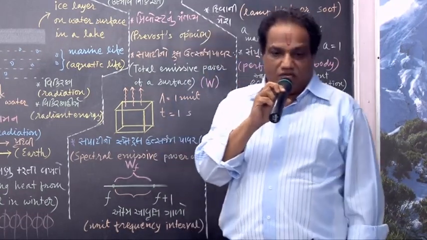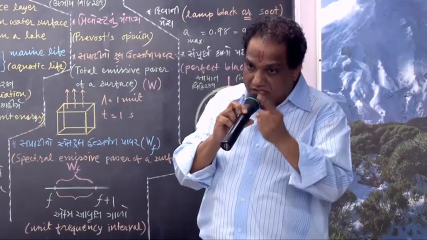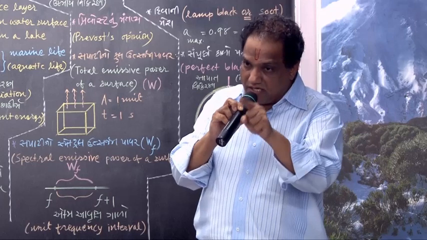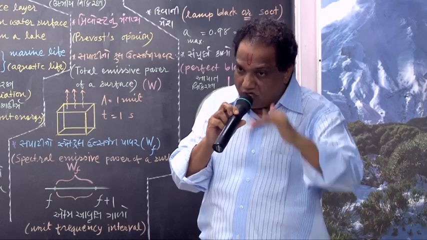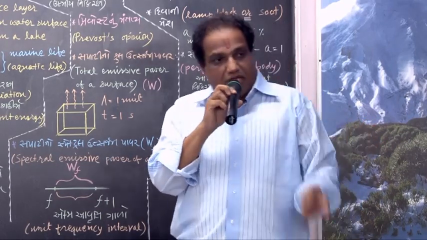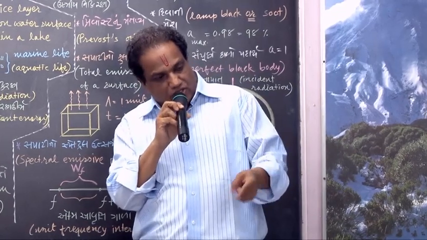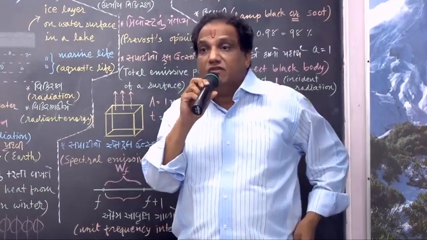So whatever warmth, whatever heat we receive on earth through solar radiation, it is by the third mode, and that third mode is known as heat radiation. For its propagation no medium is required. Heat gets transferred through this mode mainly in gases and in vacuum.